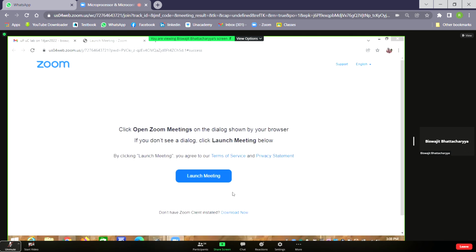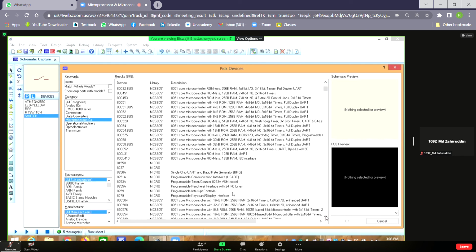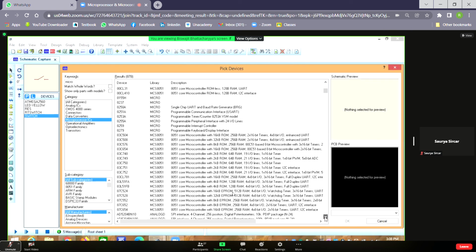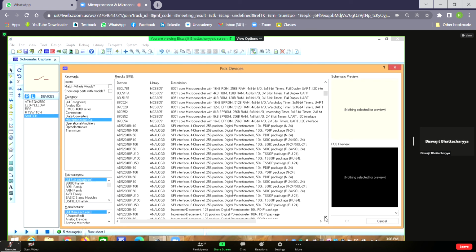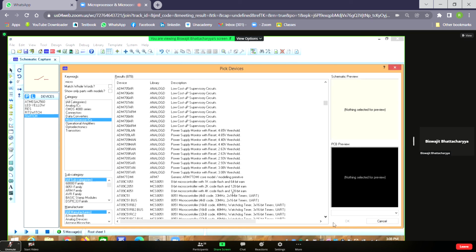So again we start. So 8085 was not there, that I was about to say. I think we have studied 8279 programmable keyboard interrupt controller, 8259, all such things you'll get. 8051, 8251, different types of ICs you will get here. So a lot of things you can get, so you have to explore things.